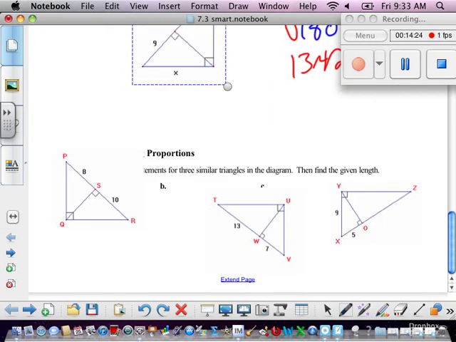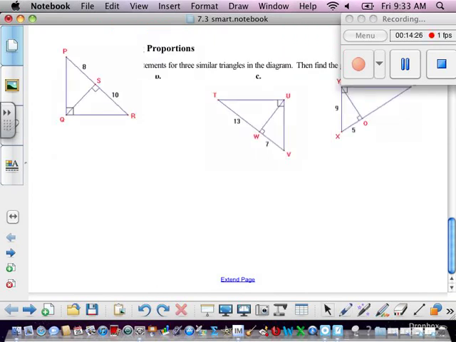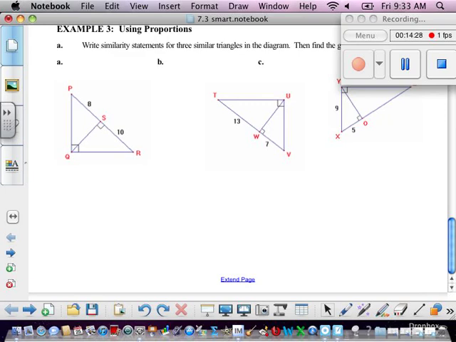Let's do these next ones. All right. These say we're going to write a similarity statement for 3 similar triangles in a diagram. Okay. So the first thing we have to do is find the missing thing, and then we can write the similarity statements, or write the similarity statements and then find the same thing. I'm going to write the similarity statements first. Triangle QRP is similar to triangle, so I've done the big triangle,